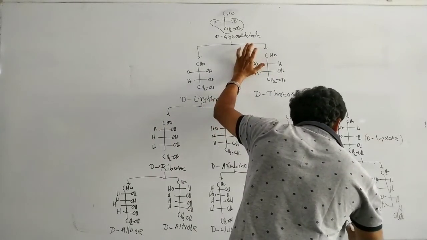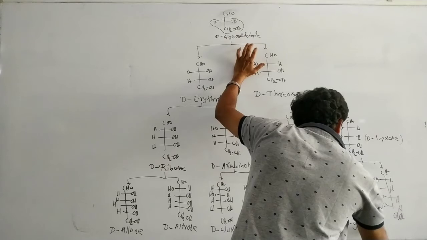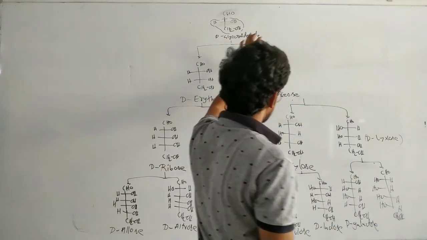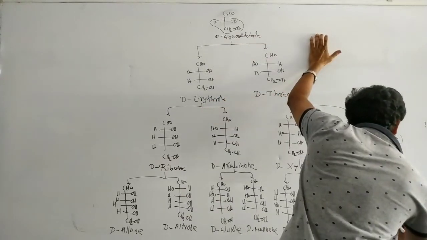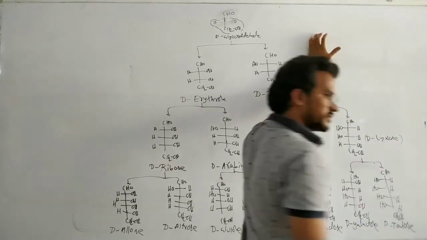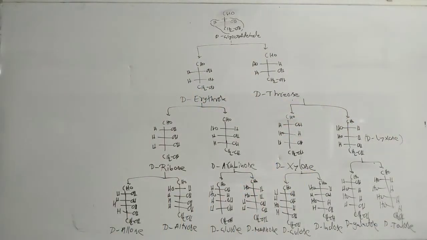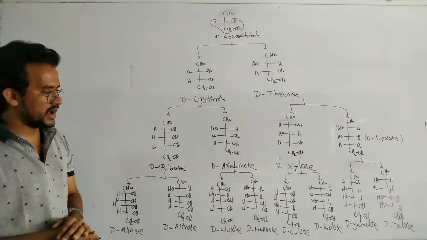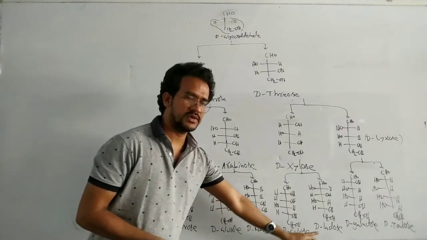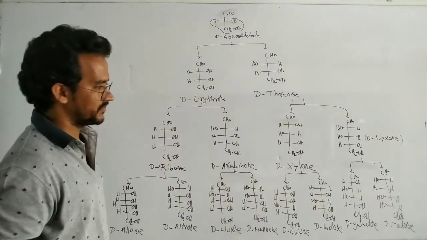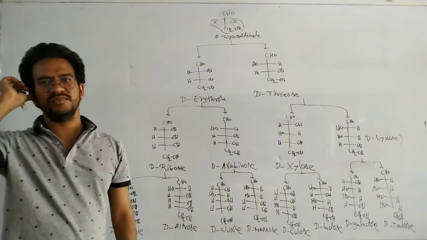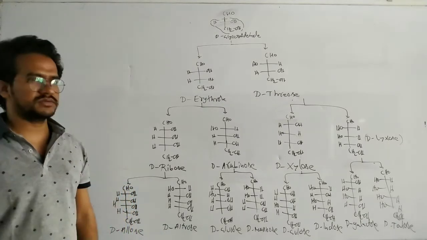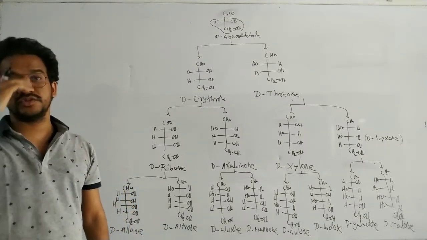It is D. Galactose. It is D. Talose. That's it. Okay, those are the aldohexoses. D aldohexoses. Yes, visible. Names are visible. Allose, altrose, glucose, mannose, gulose. It is idose, galactose, talose. D sugars. 8 D sugars. The remaining 8 are the L sugars.